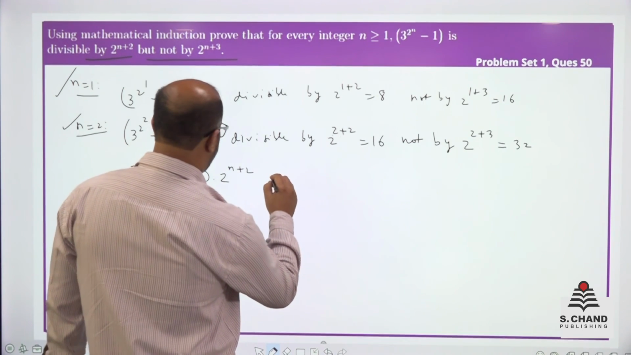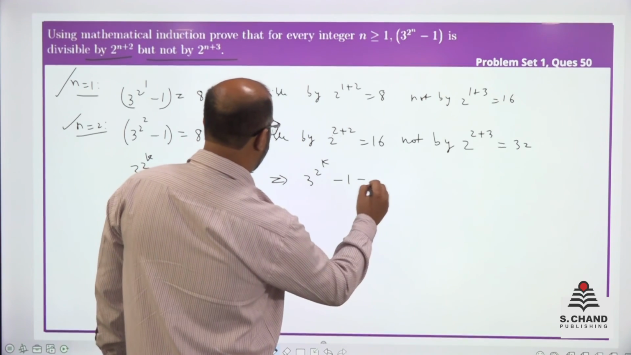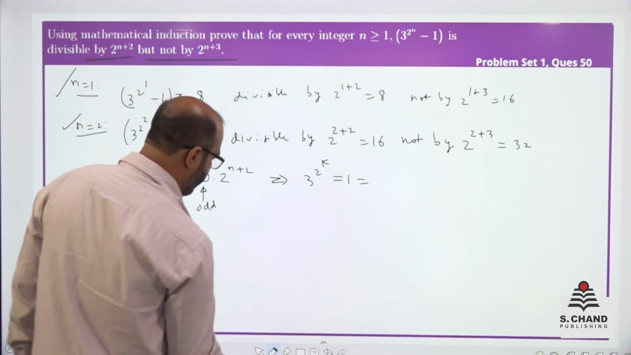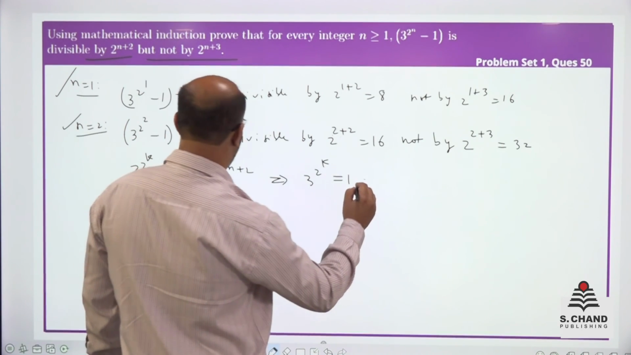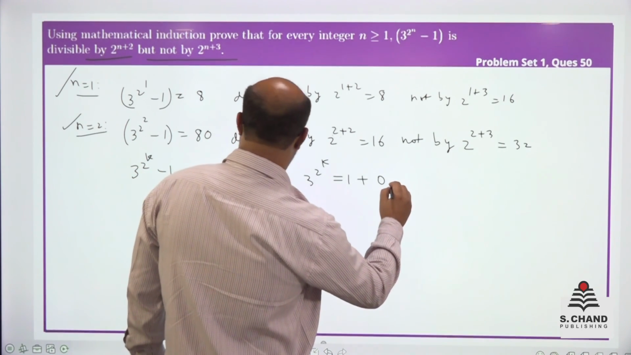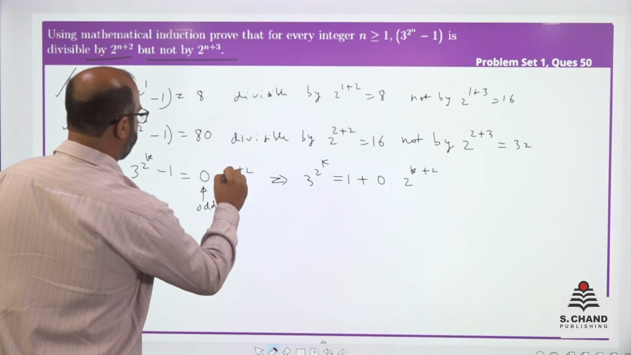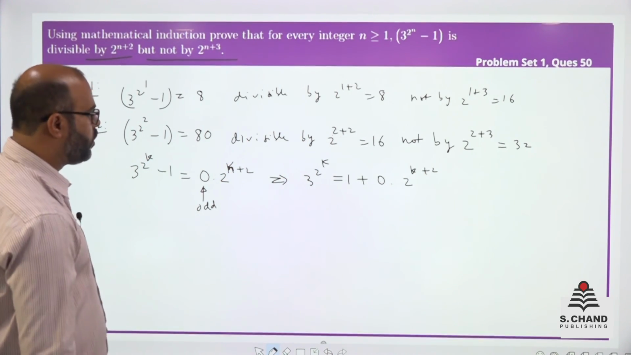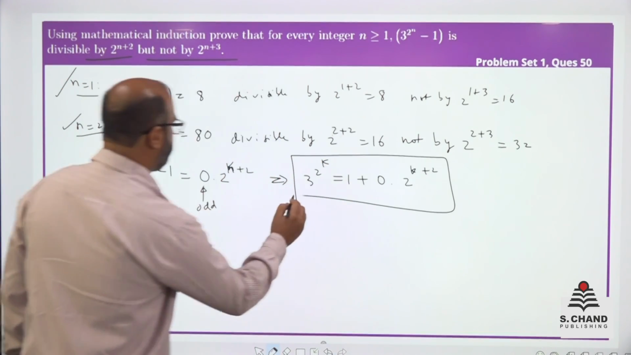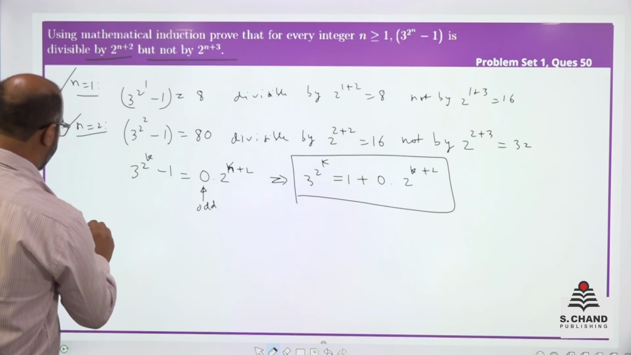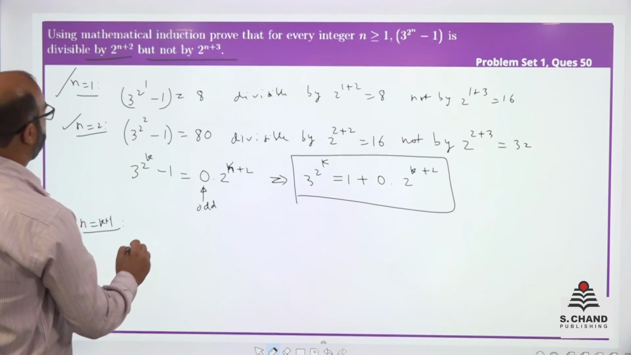So 3 to the power 2 to the power k minus 1 is equal to, or we can take 1 on the right hand side, this is equal to 1 plus odd into 2 to the power k plus 2. This is for n is equal to k. Now we will use this in the next. n is equal to k plus 1. This will be